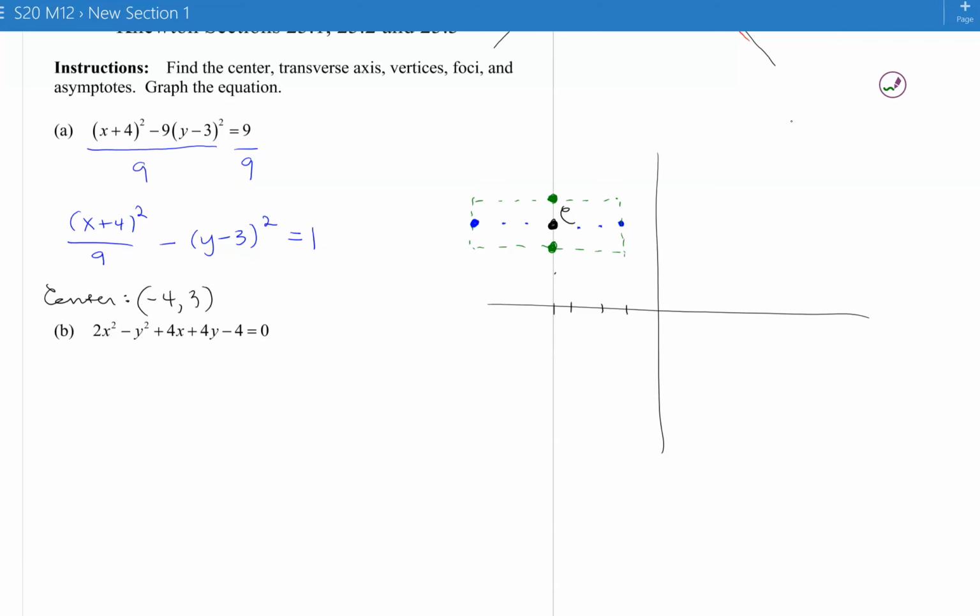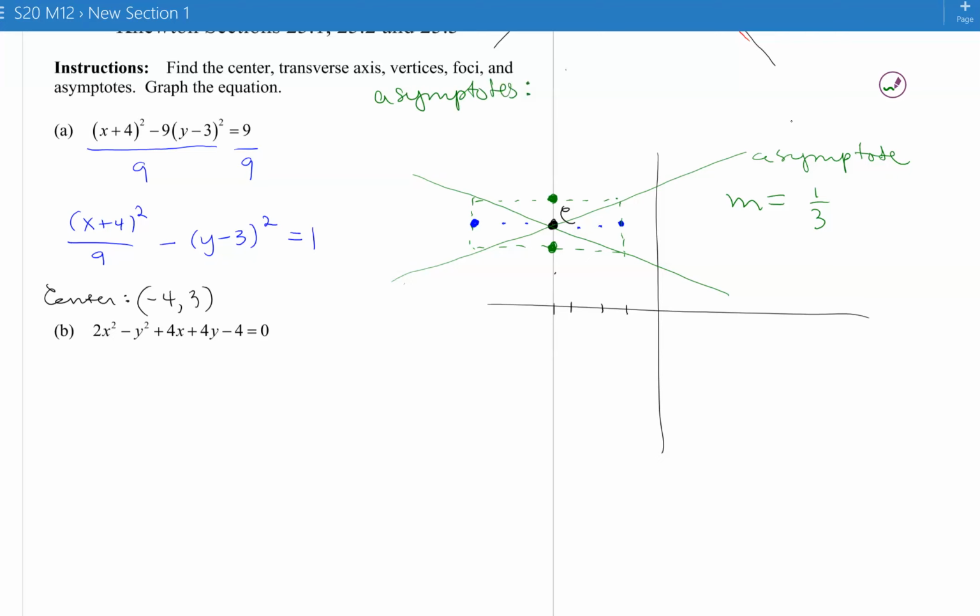And I draw my diagonals. And these are my asymptotes. And I can see that my slope is up 1 over 3, so 1/3. But now the origin is not a point on this line, the center is. So the equations of the asymptotes,